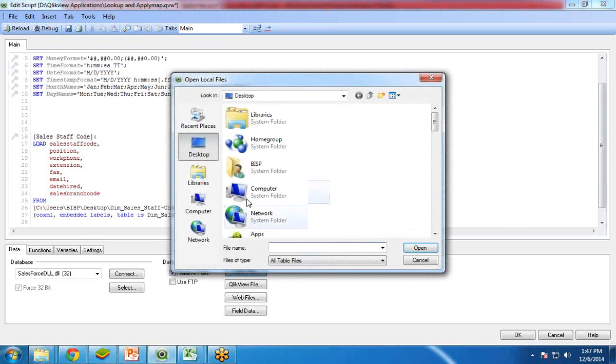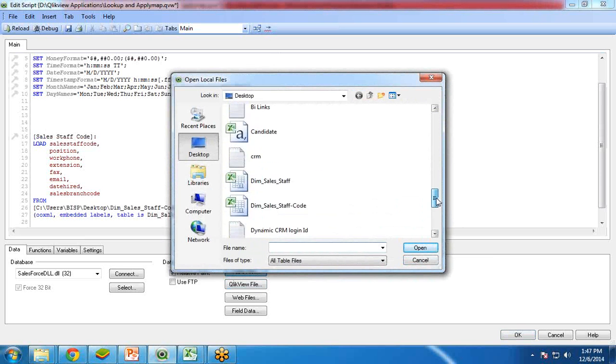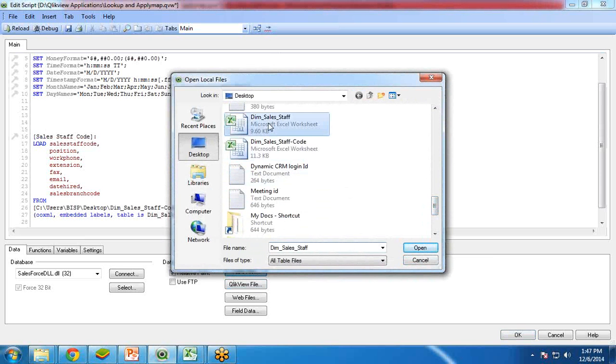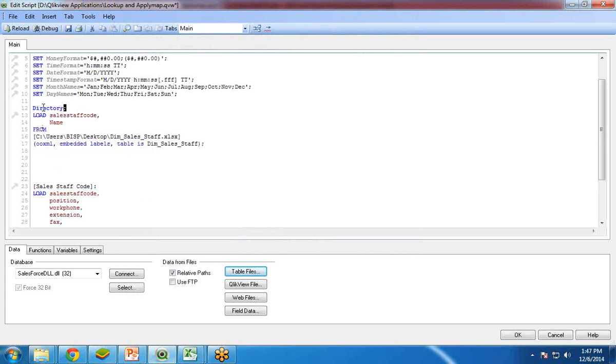So I click on table files, and let me look for dim sales staff. It has two columns, sales staff code and name. Perfect. Click on finish and I'll change the name to sales staff name,